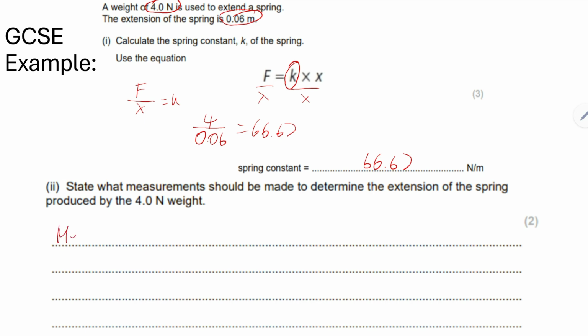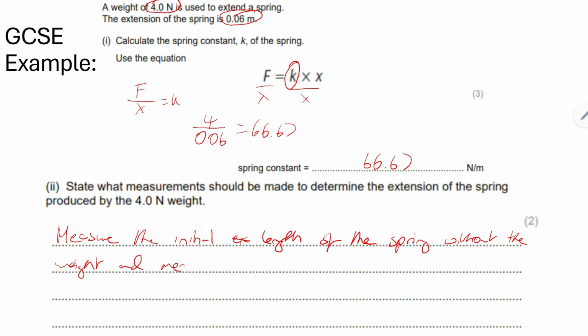So what we need to do is measure the initial length of the spring without the weight, and then after we need to also measure the final length of the spring with the weight,